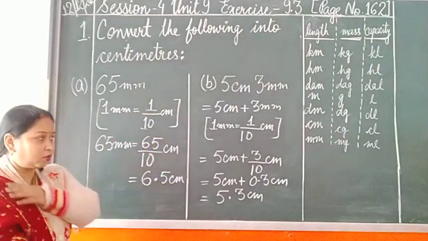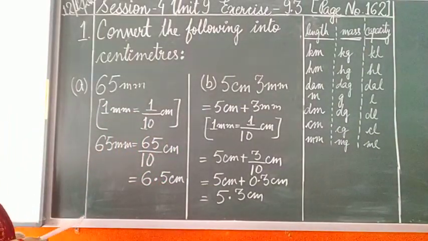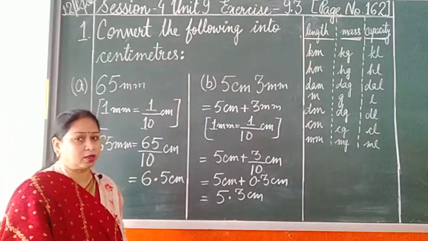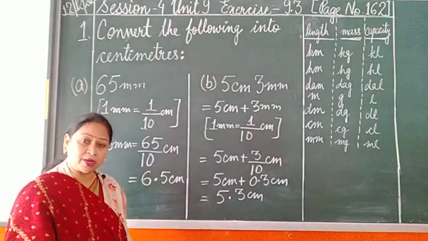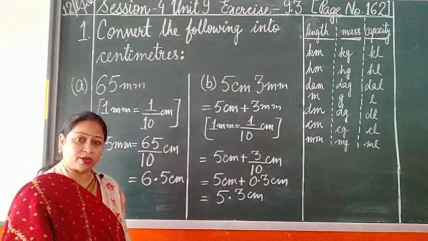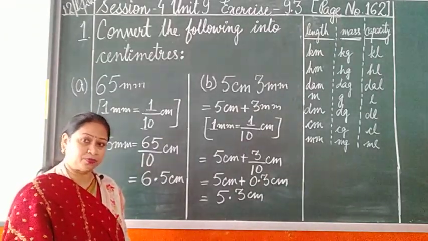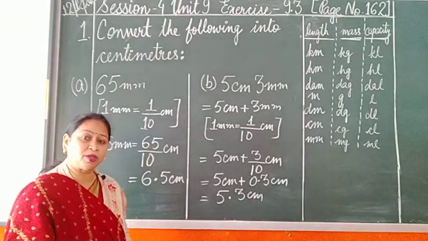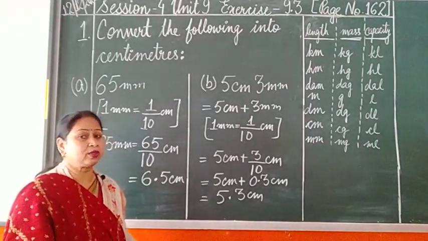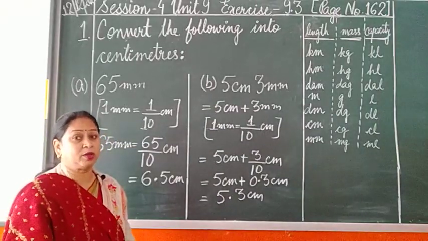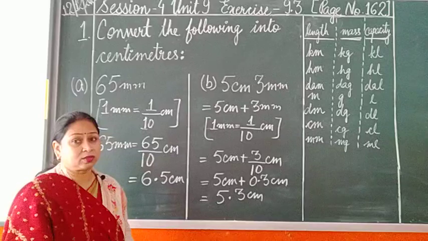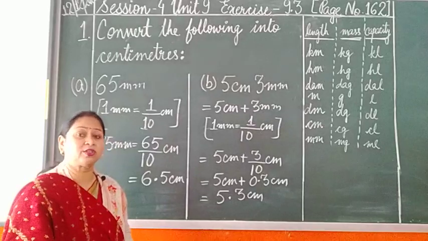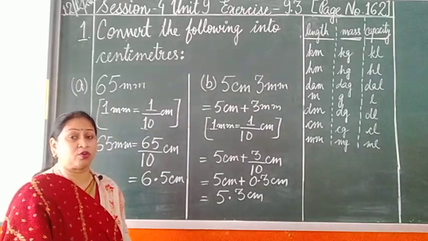Clear? Easy? Okay. Once again, I will be doing revision for you all for these two questions. For the rest of the questions, I have already told you where you are going to practice them, in your practice copy. The moment you get the PDF or the classwork, then you can fair it out in your classwork copy. Till that time, just keep on doing it in the practice copy. And why have I told you to do it in the practice copy? So that you do the practice, and when you are doing it in the classwork copy, you will be doing the work twice, and thus the more and more you practice, the more and more excellently you can perform for any question.